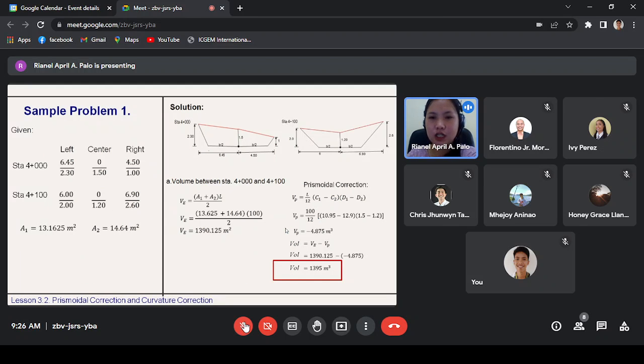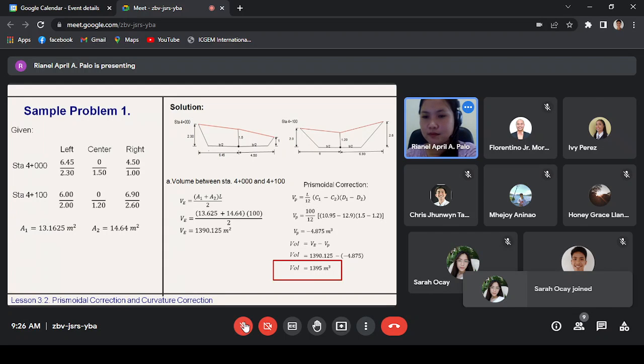Do you have any question sa atong sample problem 1? Yes, ma'am. Nga naman lahi ang mugawas, ma'am, dun sa VE, ma'am. VE? Like